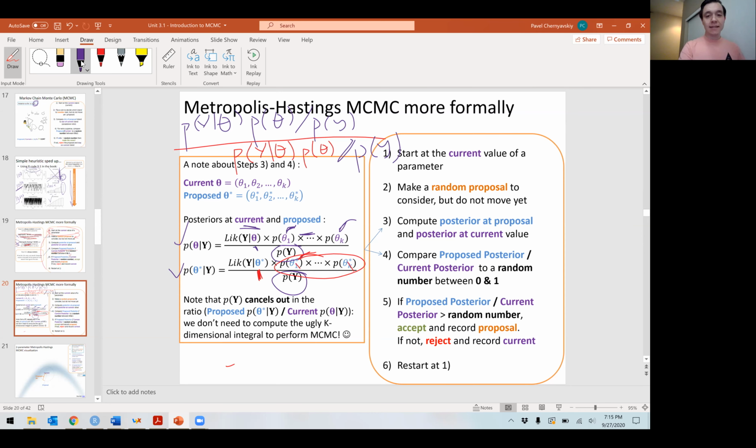Y is independent, it's the same y. It's the same P of y. It's the same marginal distribution